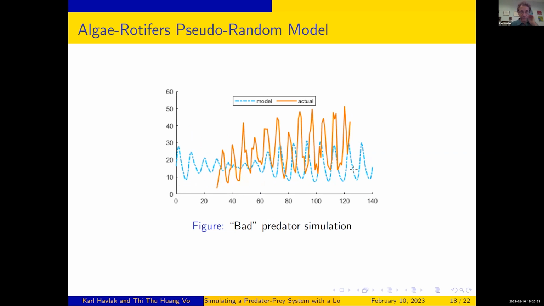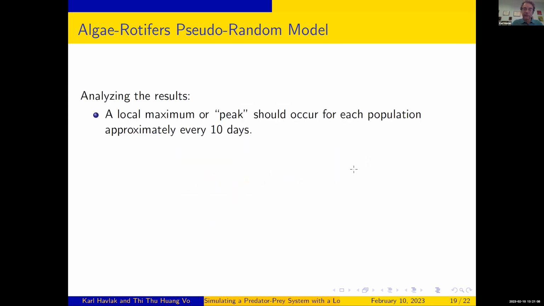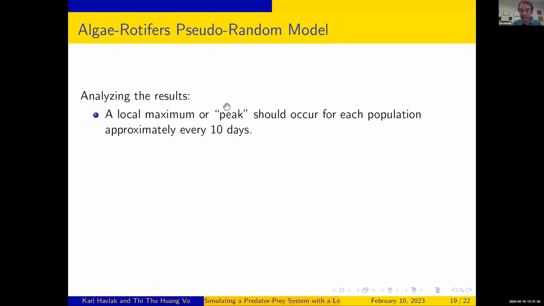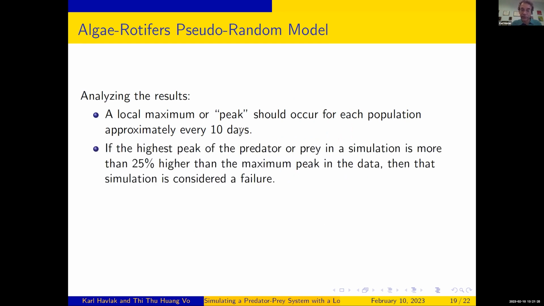And so here's what we did. We set our parameters. We messed with the time step. We messed with the standard deviations interval on our coefficients. We also checked where those peaks were occurring. If you look at the data, the peaks are approximately every 10 days, there should be a peak. And so we checked that if our output had a peak about every 10 days, we counted that. Okay, that's a check mark. We didn't want the highest peak of either the predator or the prey